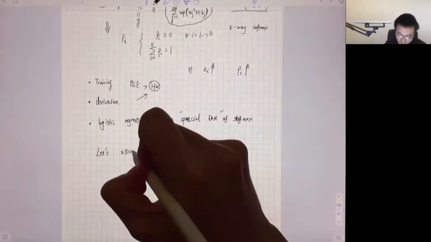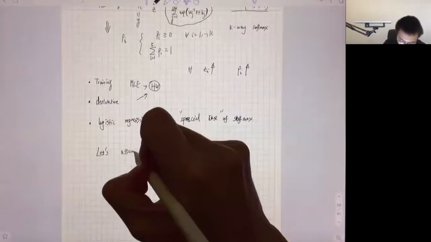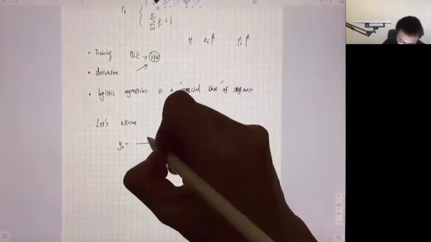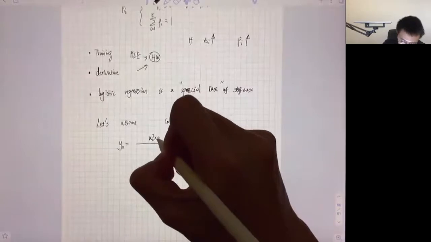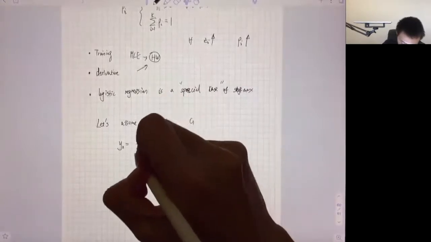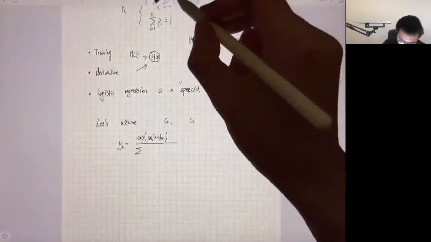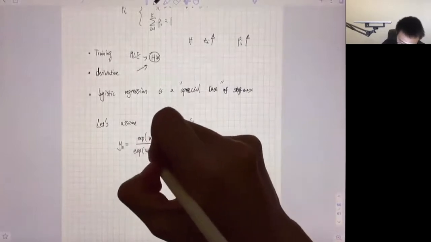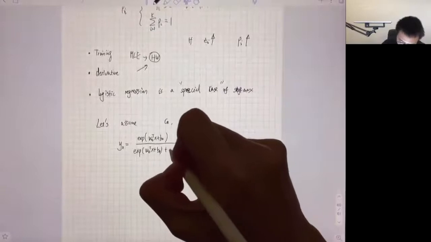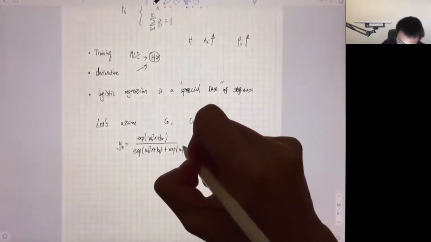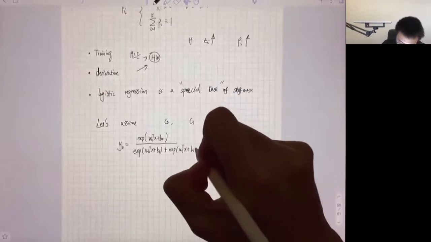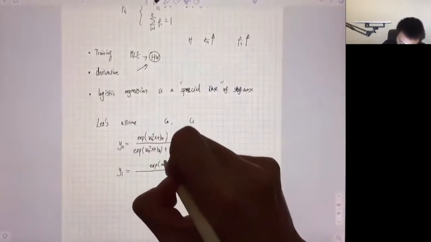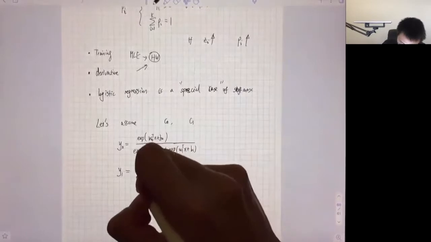Then in softmax, y0 is exp of w0 transpose x plus b0, divided by two terms, so I don't have to have the summation, I can just write it out: exp of w0 transpose x plus b0 plus exp of w1 transpose x plus b1. And y1 is exp of